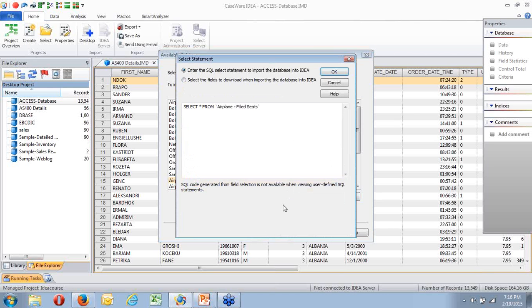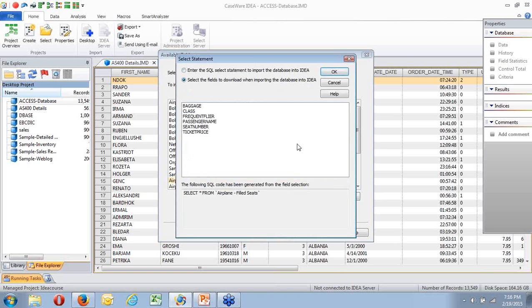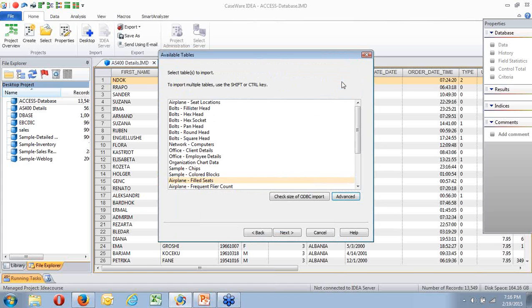I can go into Advanced and I can select an SQL statement for importing. I can select the fields to download from this table. Okay, but that's only for one table. However, all this is doing, we're moving now into the way advanced area which we cover in the last couple.